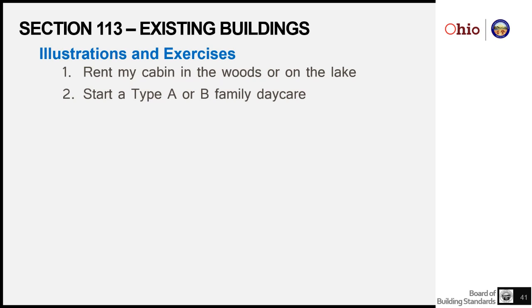And if Job and Family Services provides them a license for Type A family daycare or Type B family daycare for that matter, guess what happens? That home is now exempt from the rules of the board. So now it is strictly a Type A family daycare center, and building departments don't have authority to enforce building codes on that structure.